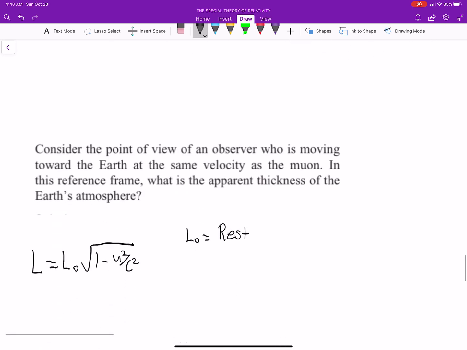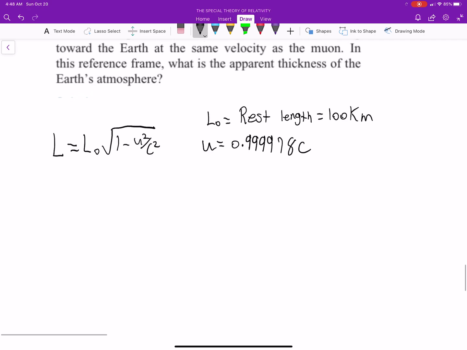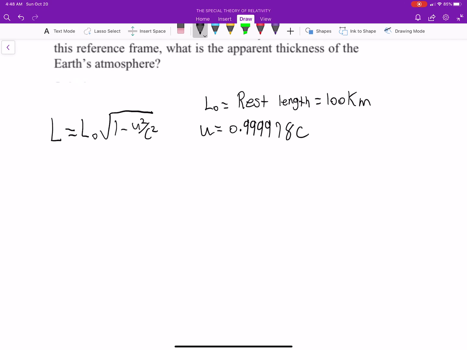The rest would be from Earth's point of view if you're sitting on Earth. So the rest length is just 100 kilometers. And we just found the u, right? This is why we reviewed it, because we needed to know this, in case you forgot. And again, just trust me here. I know it looks really simple. L naught's just 100